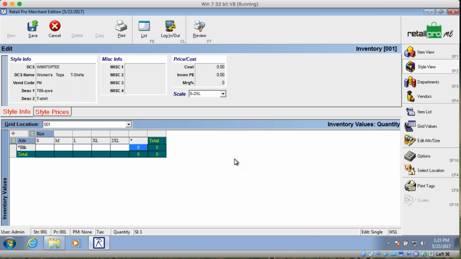It's not part of the original item. It's lost. It's the original lost item. Oh, okay. So I'm going to go ahead and put in a cost here, whatever,